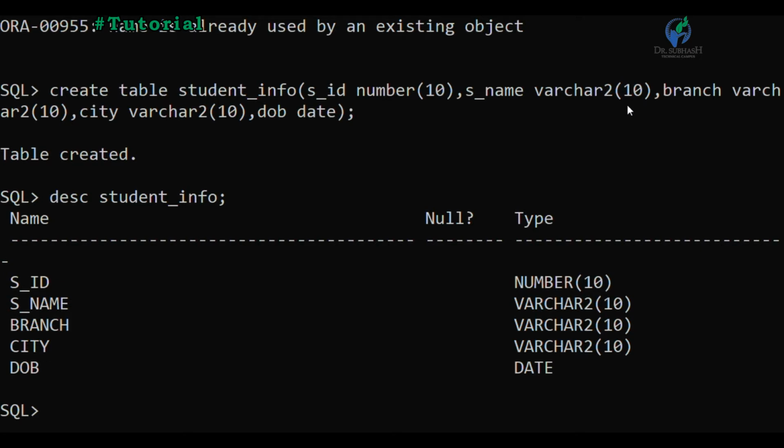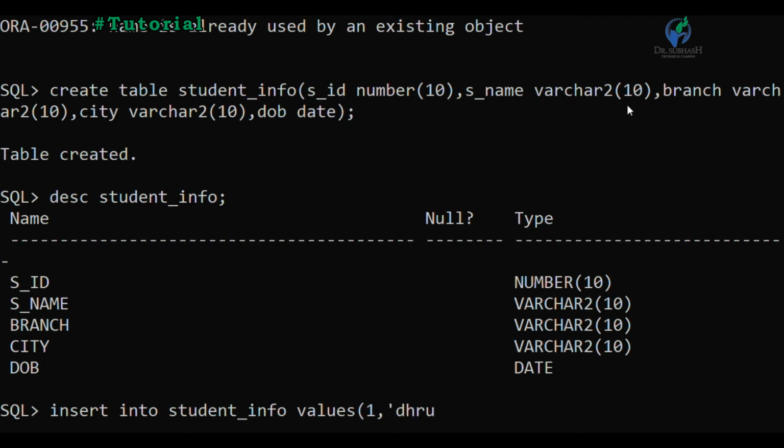Now our second exercise is to insert 10 records in the student table. So I perform the insert query: insert into student_info, which is our table name, student ID, values. Student ID is 1.